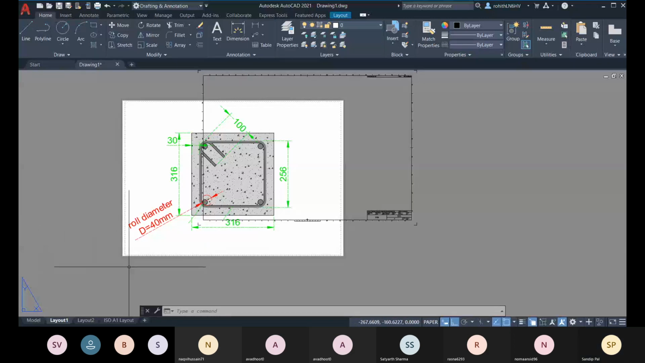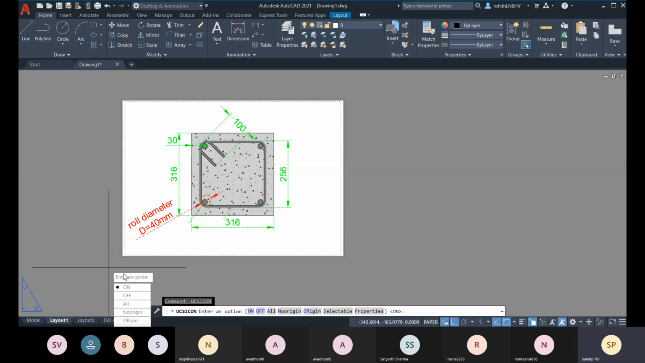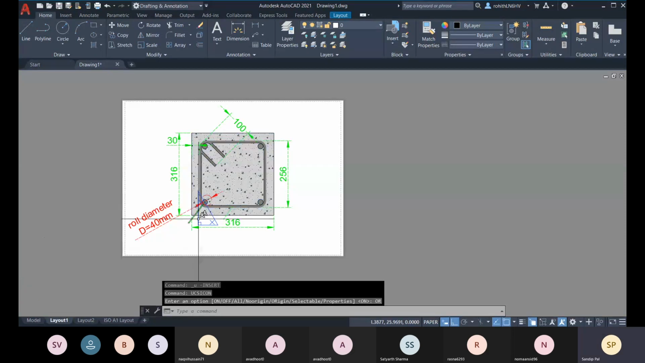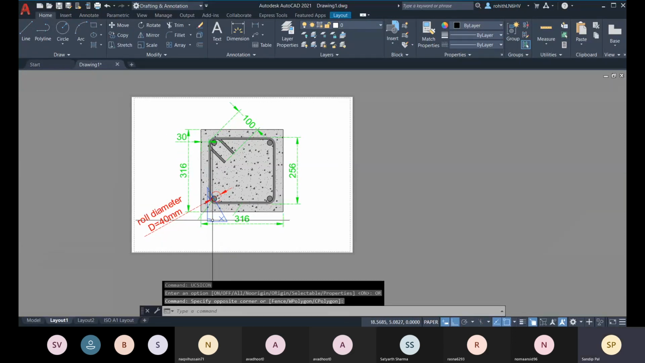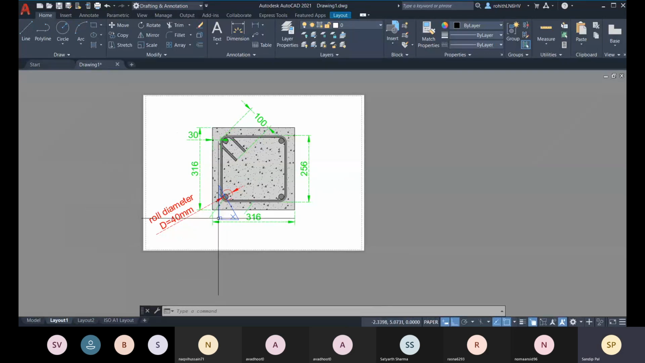So let me undo it, go for the UCS icon. Let me show it on the origin. So this is the origin right now within this paper space. This is the origin right now. And what we can do, we can either find it out here, or